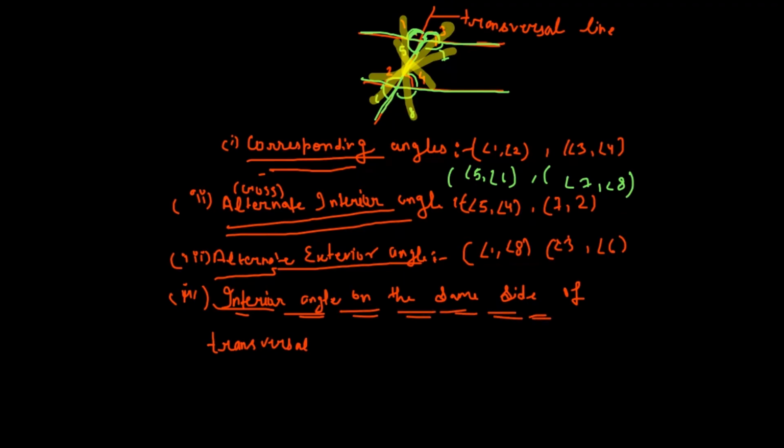Interior angle on the same side of the transversal. चलिए, now interior angle on the same side of the transversal. अब इंटीरियर वर्ड मतलब अंदर वाले, same side of the transversal, this is the transversal line, as you can see this is the transversal line, okay।